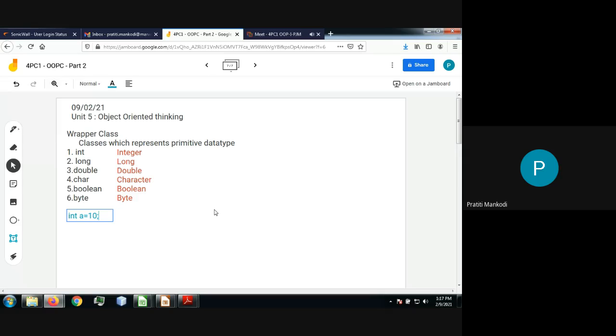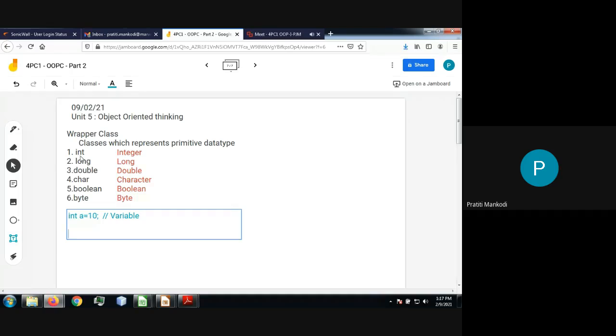Now, what is this actually? This is a variable of type int. If I want to convert this into an object, how am I supposed to write it?